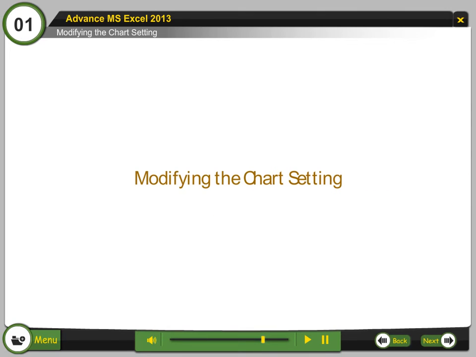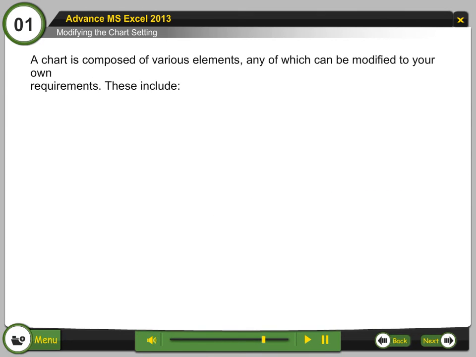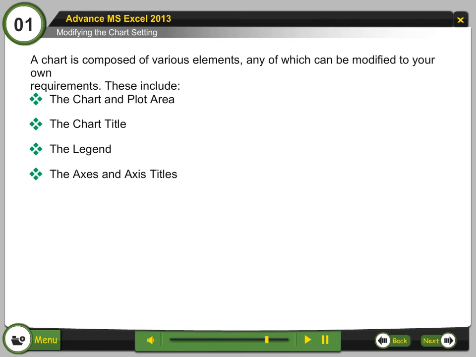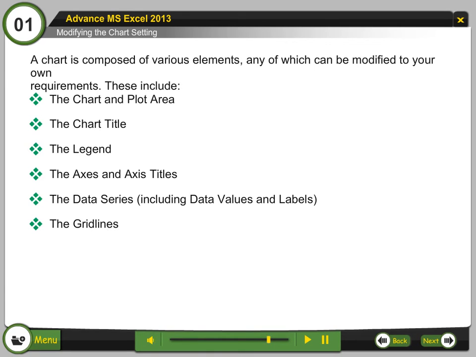Modifying the chart settings. A chart is composed of various elements, any of which can be modified to your own requirements. These include the chart and plot area, the chart title, the legend, the axis and axis titles, the data series including data values and labels, and the grid lines.